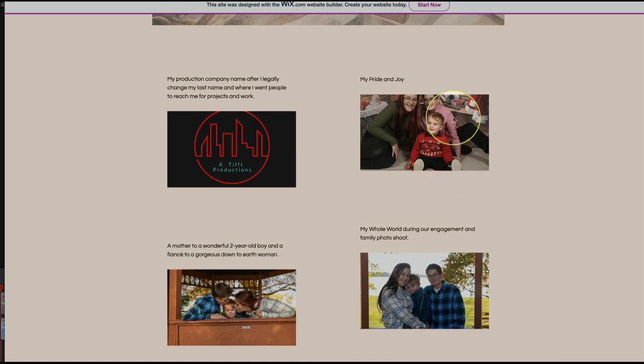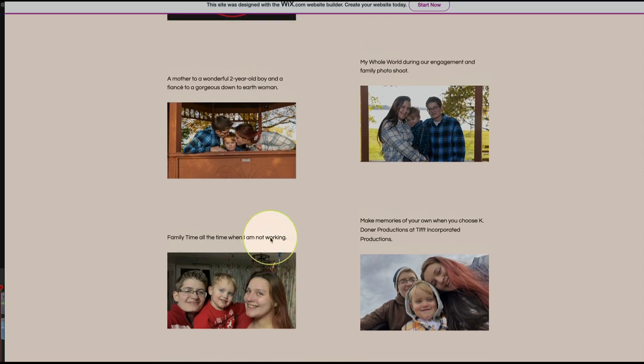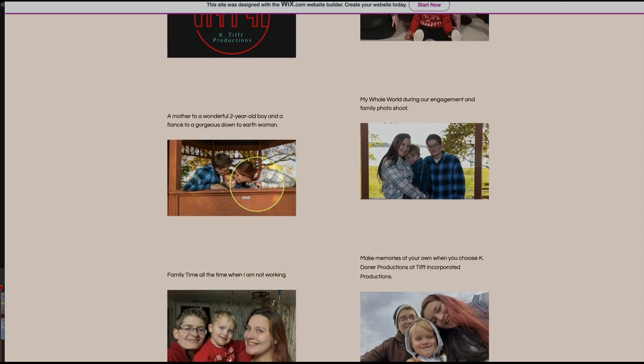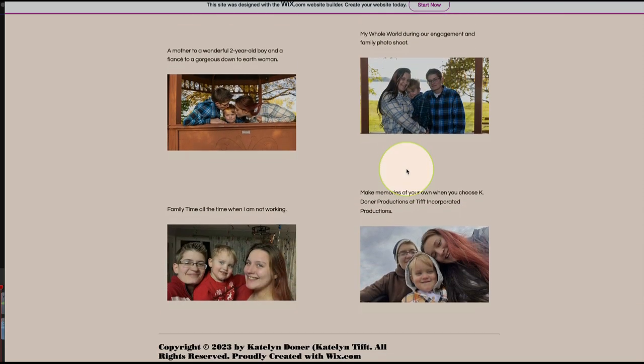I mean, this is all right, but we don't need so many. This one's kind of interesting. That could be on your about, in fact. But we want to be careful we're not duplicating for this particular thing. If you have a lot of content that you want to post, then you probably need a blog, and that way it will stay very organized and you can put whatever you're doing. But as far as examples of your work